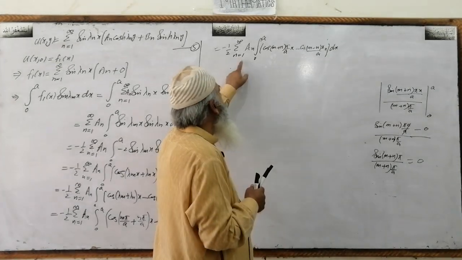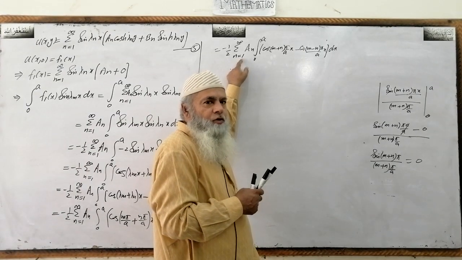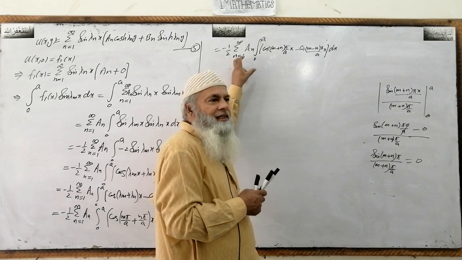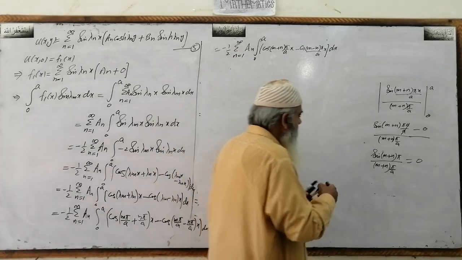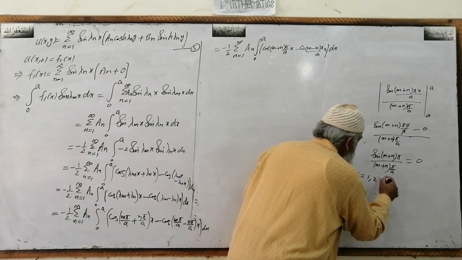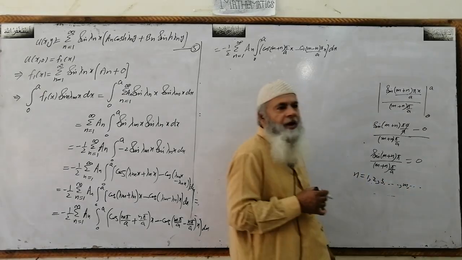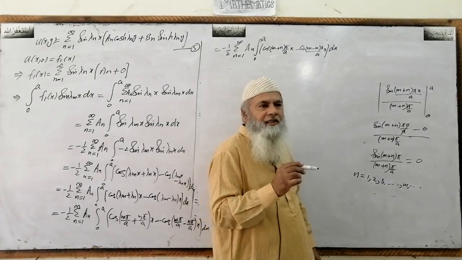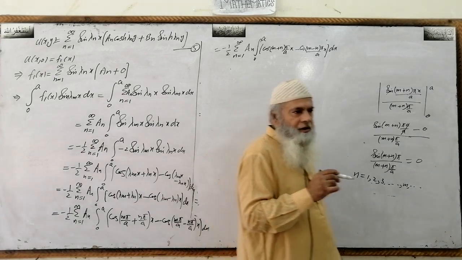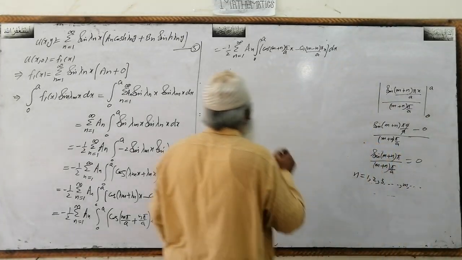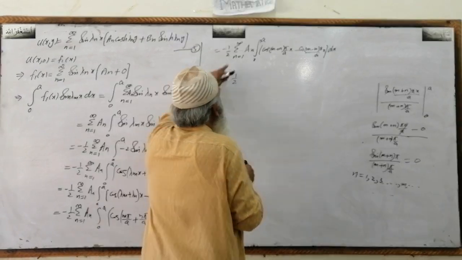Look here, n varies from 1 to infinity. When n varies from 1 to infinity, somewhere we get n is equal to m. When you say n is 1, 2, 3 up to infinity, obviously somewhere it will become m. At that stage, we will have a non-zero answer. Is it clear? Otherwise, these integrals will be equal to 0. Therefore, we will now